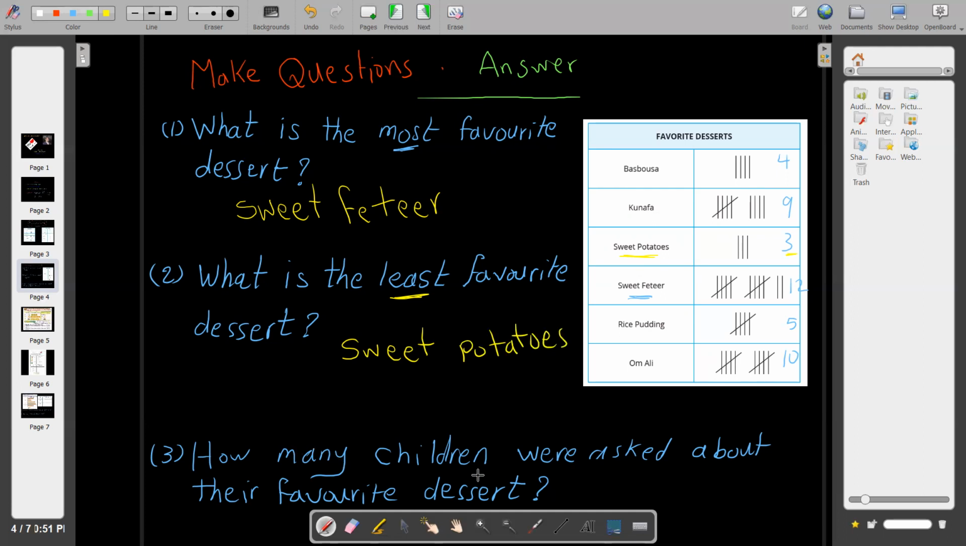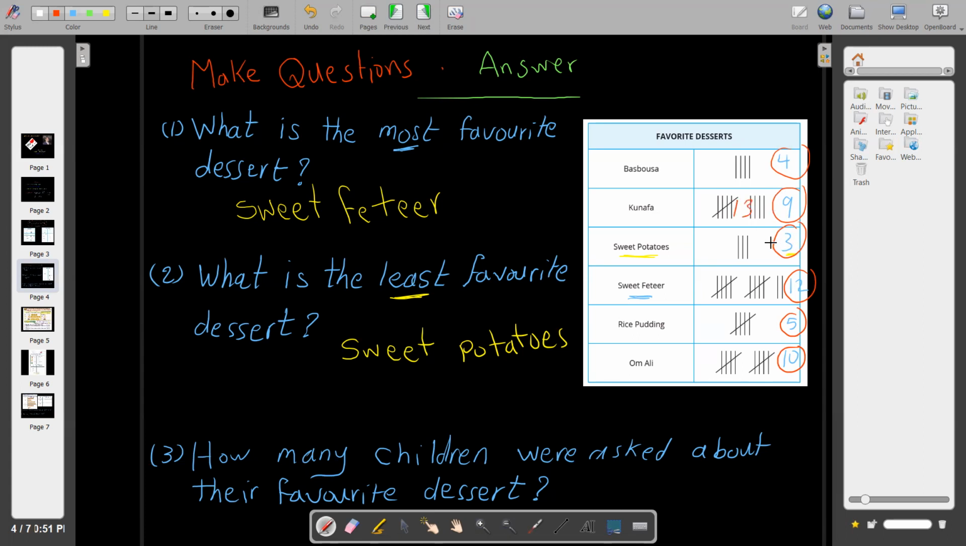How many children were asked about their favorite food? All the children, so we need to add all the numbers. Because it asked me about all the children, we need to add all the numbers. 4 plus 9 plus 3 plus 12 plus 5 plus 10. 4 plus 9, after 9: 10, 11, 12, 13. 13